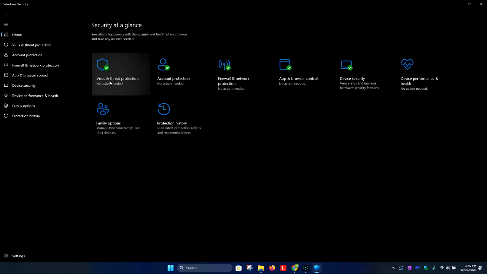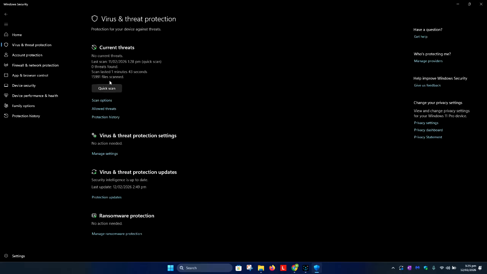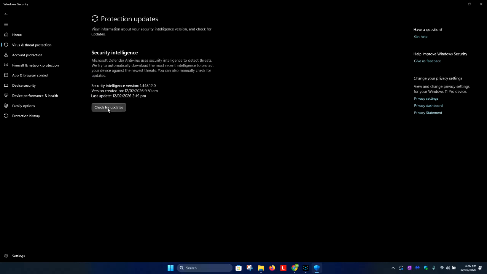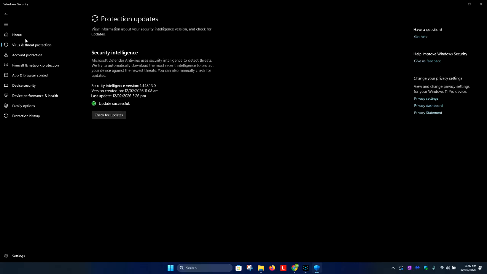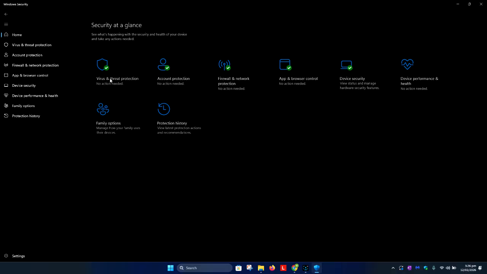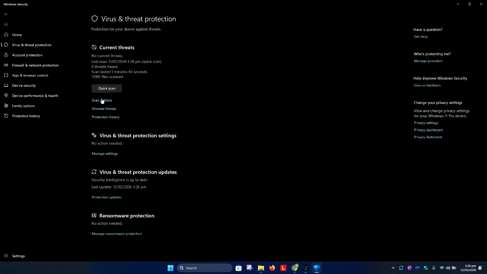Next step, click on Virus and Threat. At this stage, you want to click on Protection Updates and click Check for Updates. This will allow your system to update to the latest security intelligence version. Completed, click on Home, click Virus and Threat Protection, Scan Options,